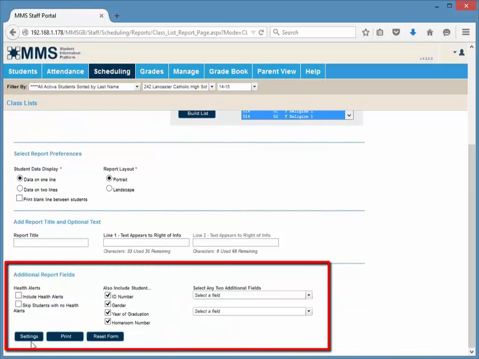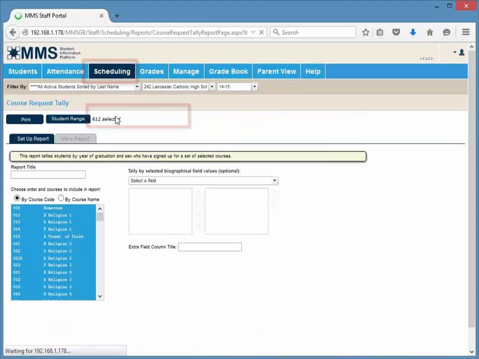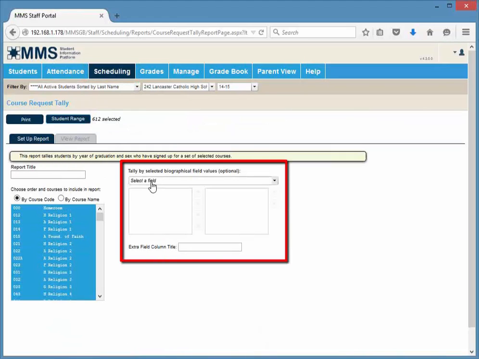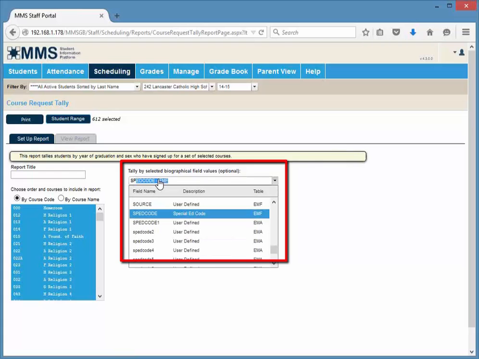Again, you have the settings area where you can save those settings so that you can bring them in again, and you can print. If I go back under scheduling, I can go to my course request tally. What's nice here is, in addition to what I have in Generations, you can bring one additional field to do a tally on. So if I had a special ed field that I'd like to check on, I could come